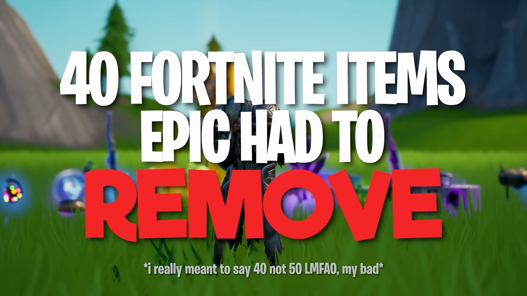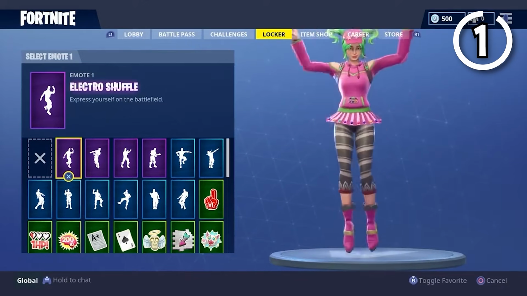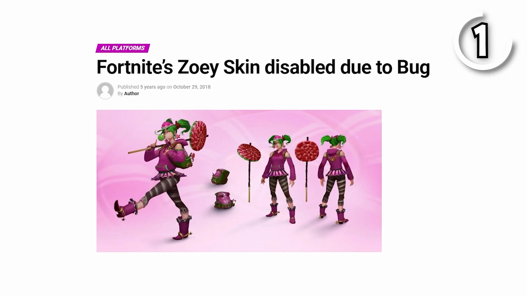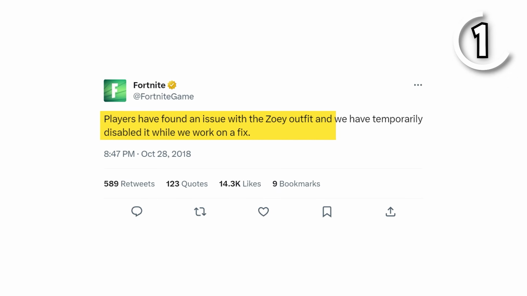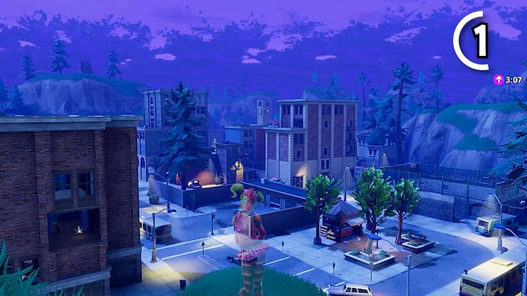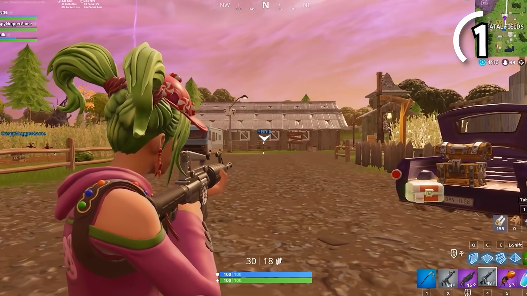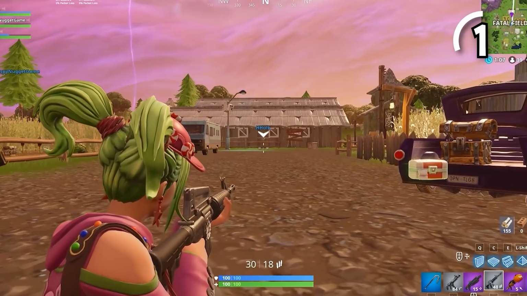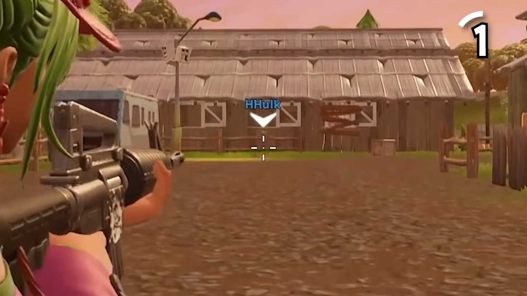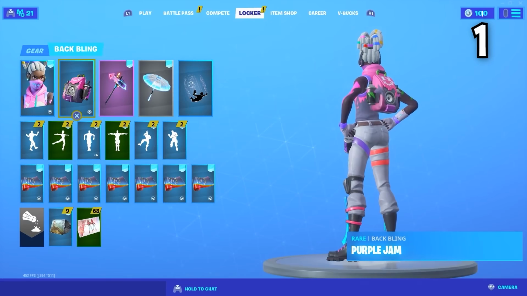they had to remove? Like, did you know that Fortnite disabled the Zoe skin? This skin was in the Season 4 Battle Pass, but it took until October 2018 before people found a very game-breaking glitch. There were sightings of invisible Zoe skins around the map, so when people did testing, they discovered that if you were over 40 meters away while using the skin, most of the skin would be completely invisible except parts of the head. Epic quickly disabled her and fixed her about a week later, but what about number 2,